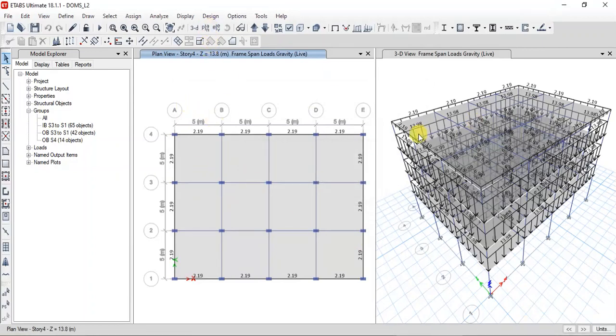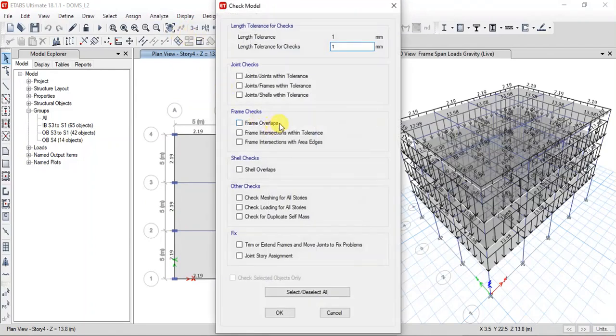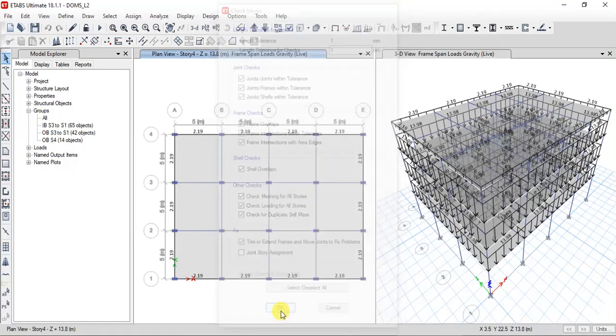Now we have applied dead load, live load, wind load and earthquake load. So now we will do analysis for checking the model. We'll first check the model, and if you want to do any specific checks on joints, frames, shells, you can select them, or you can select all and then click OK.